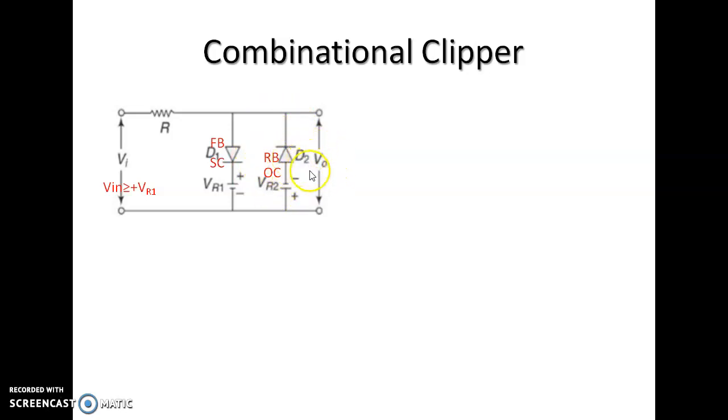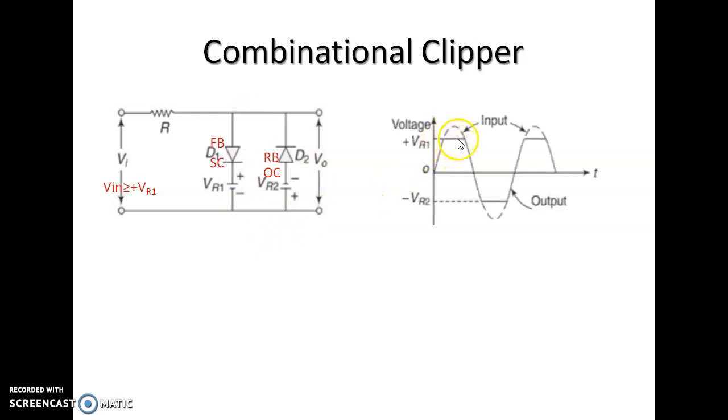So if we measure the voltage V0, now it is equivalent to measuring the voltage across this arm. So our output will remain at VR1 for this portion. That is, when Vin is greater than VR1, the output remains at VR1. Vout cannot exceed the level of VR1 during the positive half cycle. So that is what is given here.